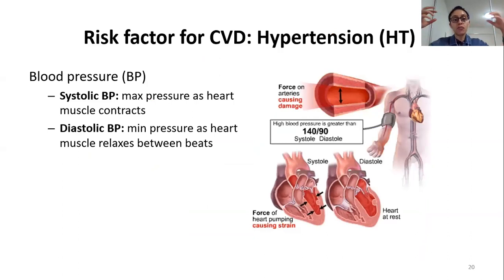Diastolic is when the heart is filled up, the ventricles of the heart, they are filled up with the blood which has been pumped from the lungs coming into the heart. Okay, so that's your low blood pressure. All right, so that's like your high blood pressure, low blood pressure.